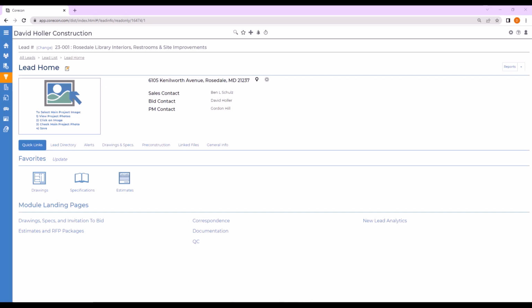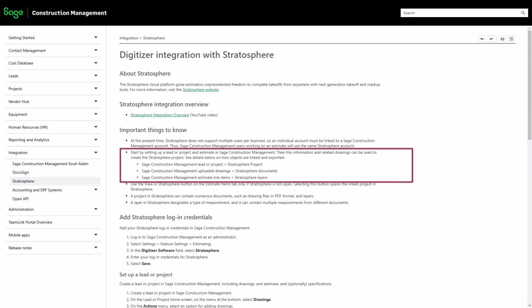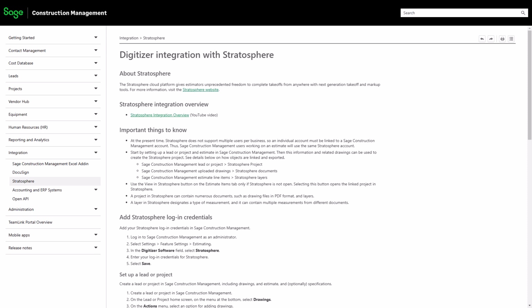Before logging into Stratosphere, a lead or project and an estimate should initially be set up in Quircon, adding information, the related drawings, and items. Remember that a Quircon lead or project is also a Stratosphere project. If you upload drawings to Quircon, those will be transferred to Stratosphere documents, and the Quircon estimate line items will